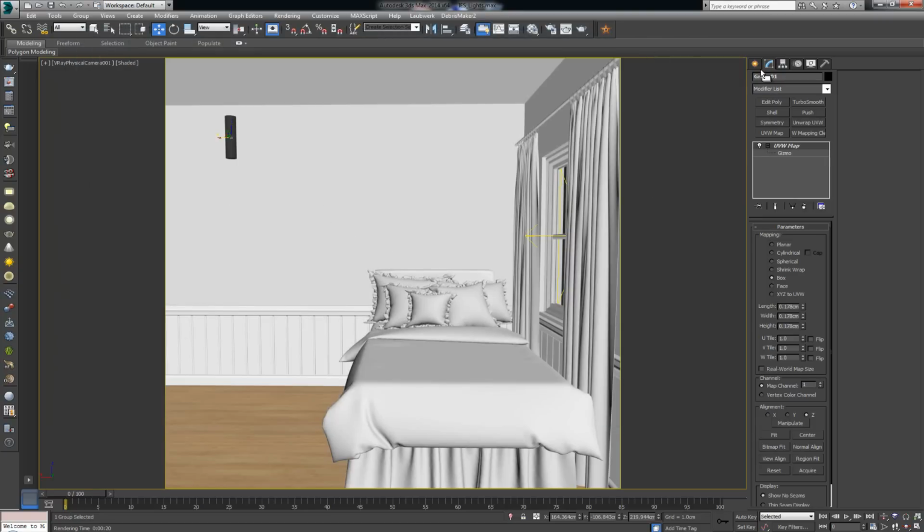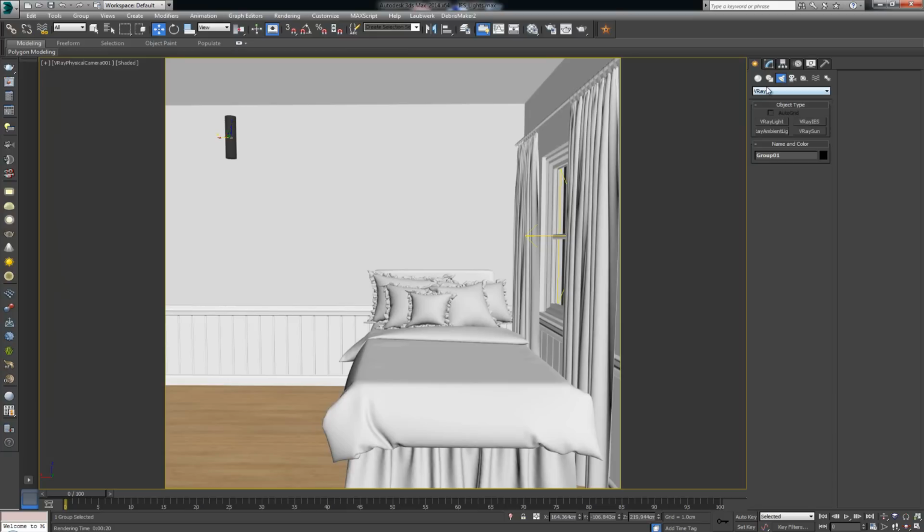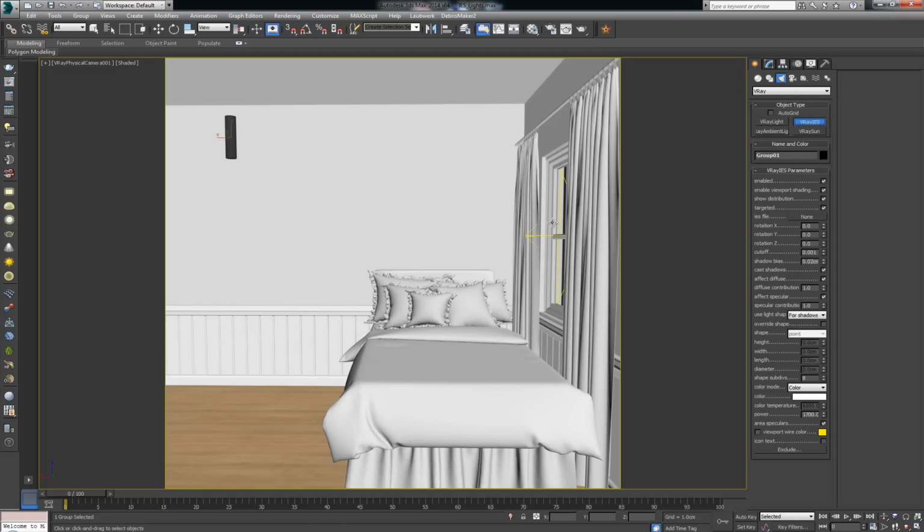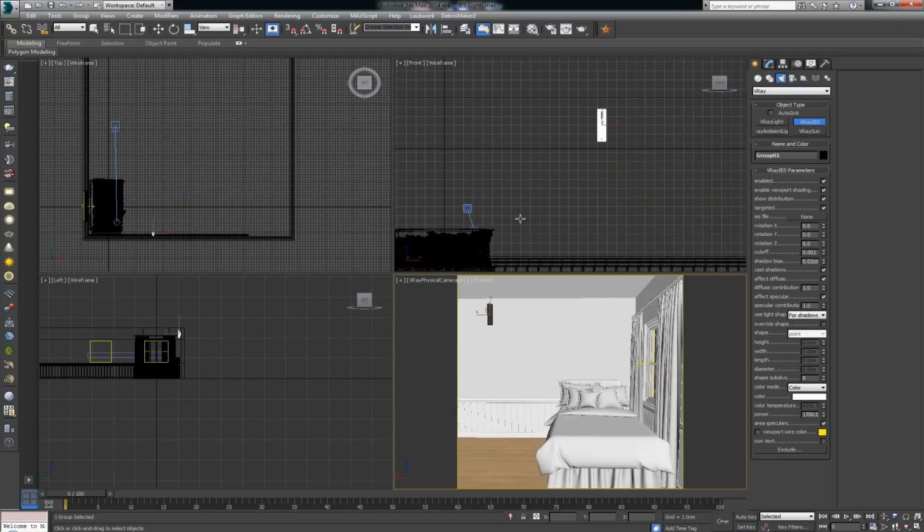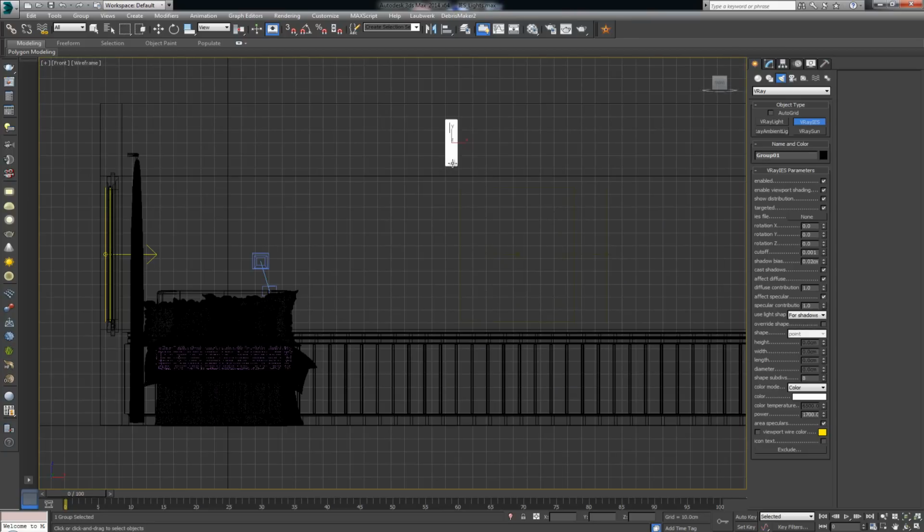Now, how do we work with IES lights? When you're working with VRay, once you go to the lights and choose VRay, you have a special kind of light type, and that type is VRay IES. So once you click on VRay IES, it's going to allow you to click and drag a light in the scene. So in my case, I'm going to go over on the front. I'm going to click where my light is, and then I'm just going to draw downwards a simple line,